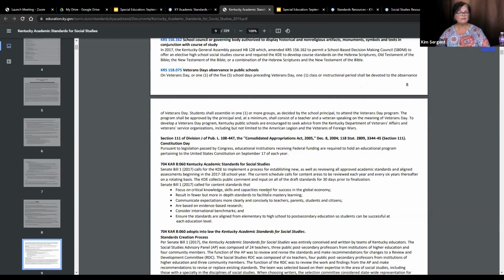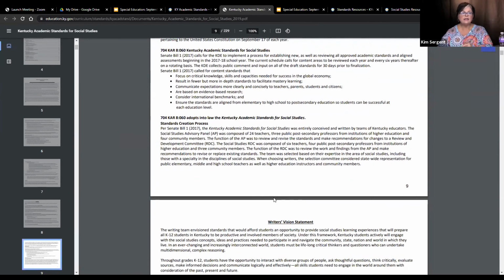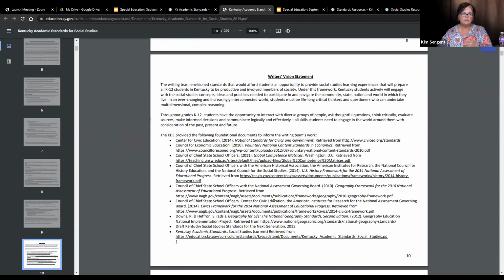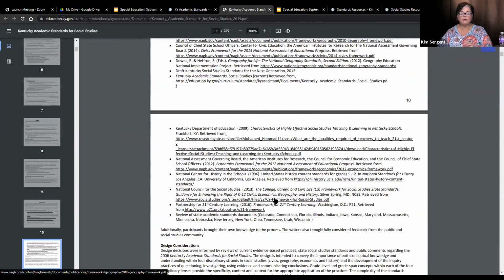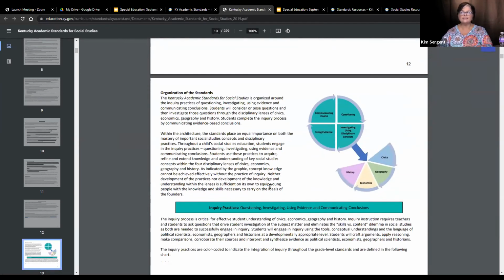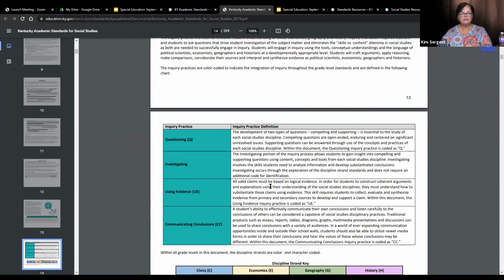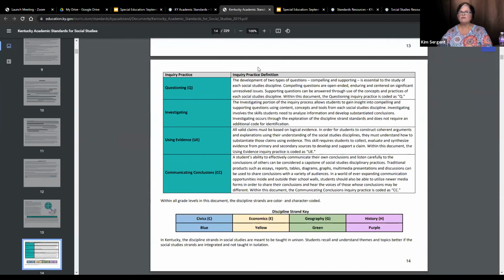And again, that's why I say if you go there and look at, and I want to make sure, Dionne, that we put that in the folder, that you guys can go there and look at everything. It outlines the standards creation, and then you have all this about the writer's vision. But another place, right here, the stuff that I love, starting on page 13, and I really recommend this for your PLCs. It's actually on 14. The one thing that I said earlier was on page 16.